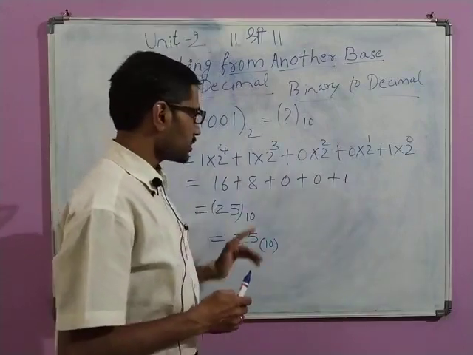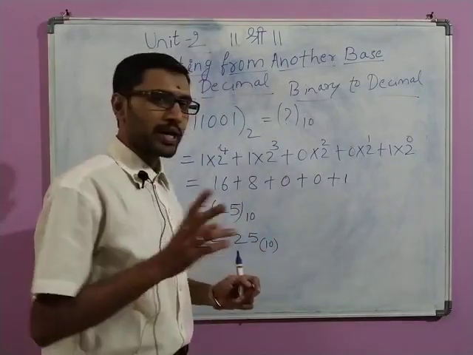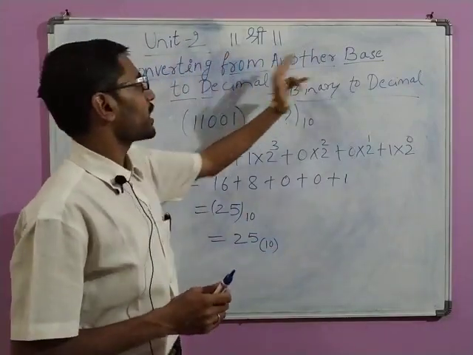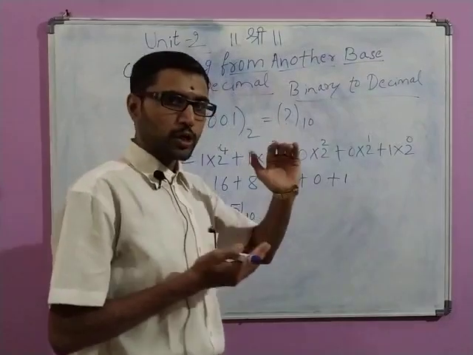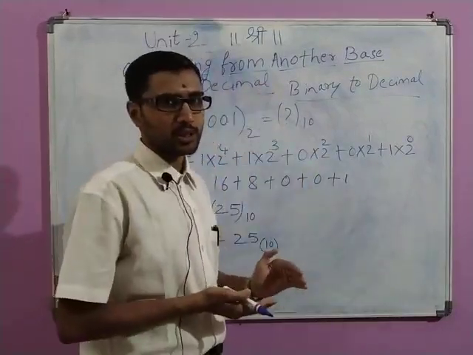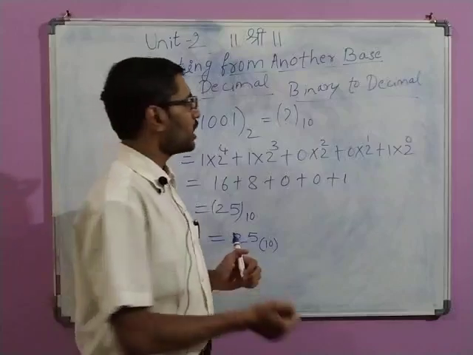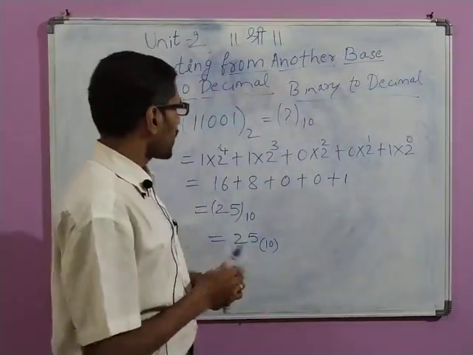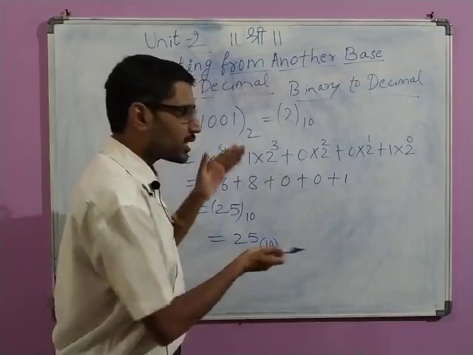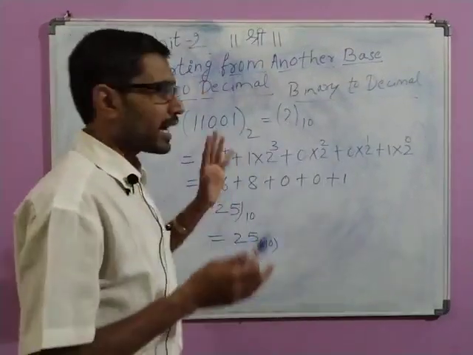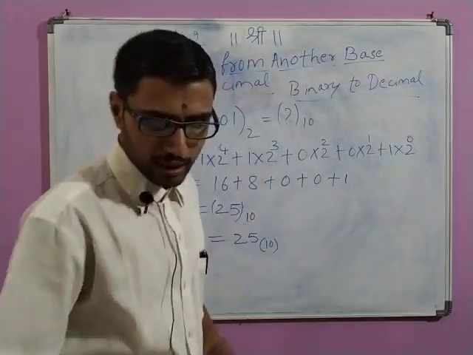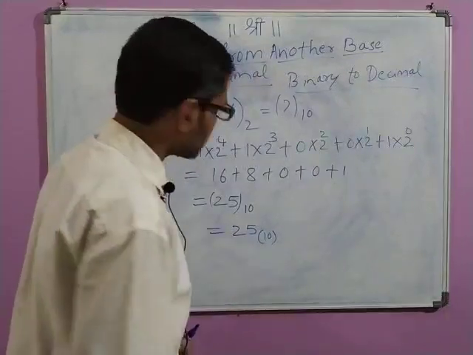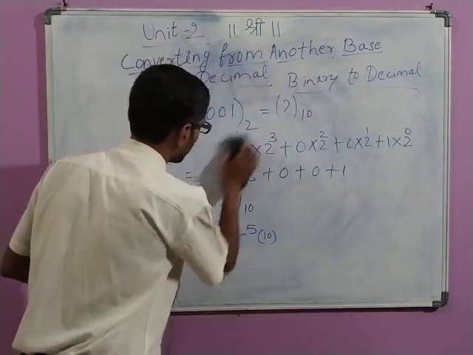We follow this same procedure, or you may get a question for 5 marks: explain the procedure for converting from another base to decimal. So what you need to write? You need to write all the 3 steps, and then you can take one example of converting from binary to decimal. For writing the steps, you will get 2 marks, and with explanation you will get another 3 marks. So this is how you can answer the question. This is the first example that we had. Now let us take one more example so that it will be clearer to you.